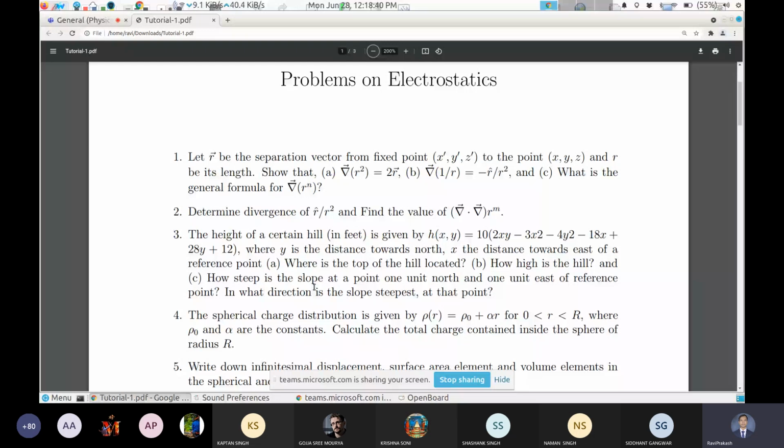So problem 3, any doubt to anyone? No, sir. So how do you find out where is the top of hill located? Sir, first find the gradient and then make the individual components equals to 0. And why is gradient 0? Sir, because there is no steepest descent at the top of the hill. When you're going up the hill, you will get the steepest descent, sir. When you are at the top of the hill, there is no steepest descent. So there is no gradient. So it is equals to 0.